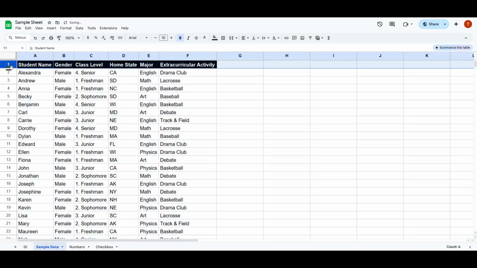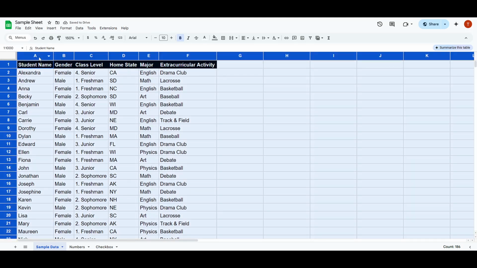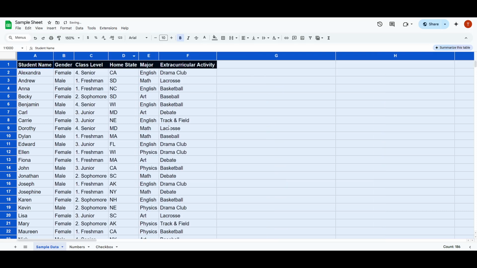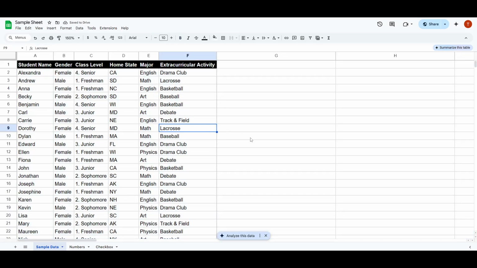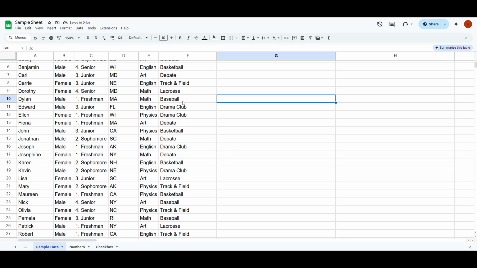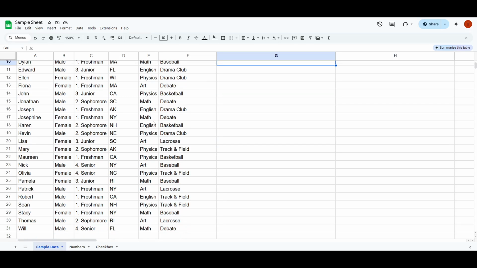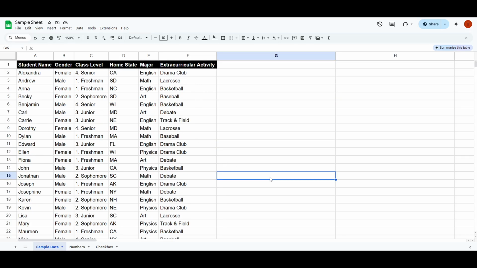This approach is incredibly useful when working with diverse sets of data, where text and numbers are unpredictable in length. With just a couple of clicks, you'll have a neat and orderly sheet that's easy on the eyes and ready for review or presentation. As you incorporate this method into your workflow, you'll quickly realize how much smoother it makes managing and visualizing data. It's these small tricks that transform a sometimes tedious task into a seamless and even satisfying